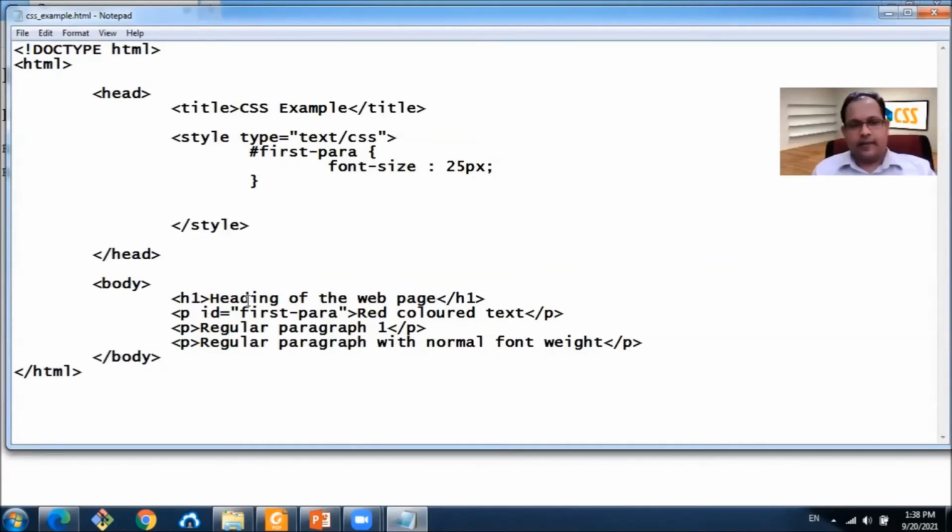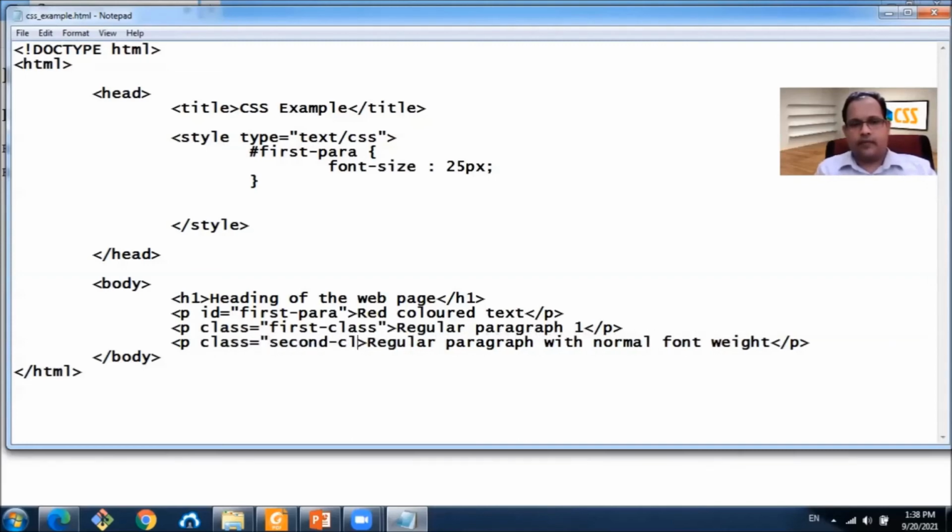One other way is by introducing this class attribute. We will introduce one class for the first paragraph. We say first class. And for the second paragraph, we introduce a class called second class.